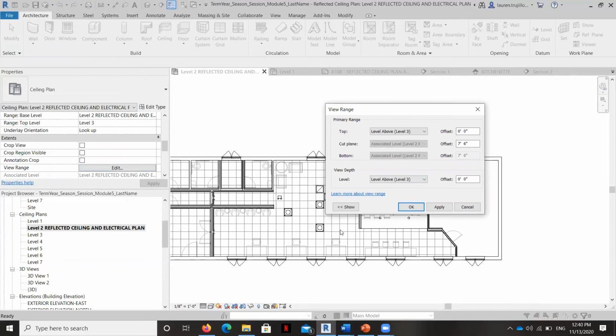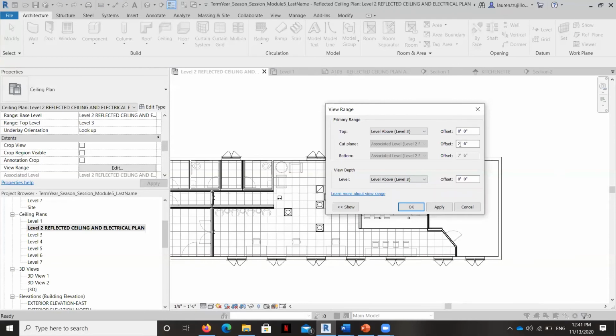Now, if you had, for example, a skylight in the ceiling that allowed you to look up through the floor of the level above, you could change this so that you could see all the way up to essentially the 4th floor ceiling. You could say, for example, you cut a hole in the slab and there was randomly a room downstairs that you wanted visibility through the floor, like a library or something. You could cut a hole in the floor and change the bottom to locate to the bottom of that basement floor. The view depth is how far down you can see, but we're really most concerned with the cut plane.